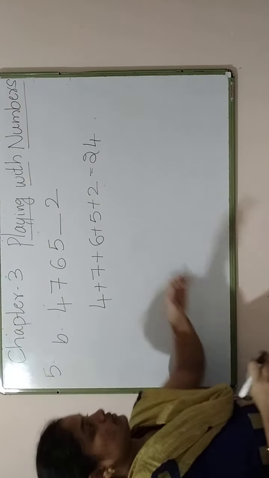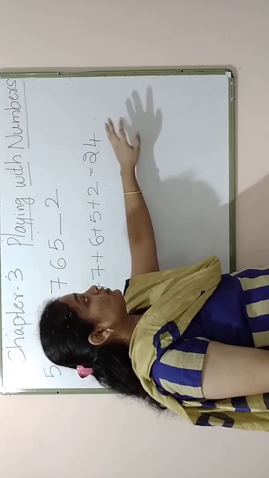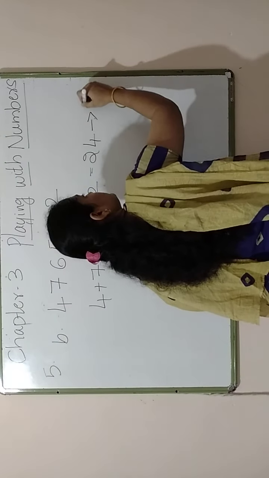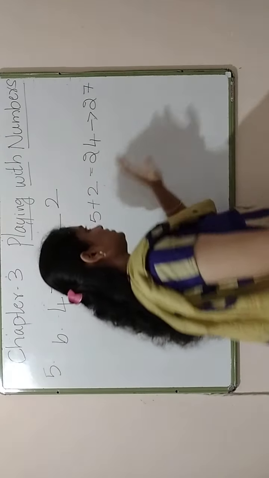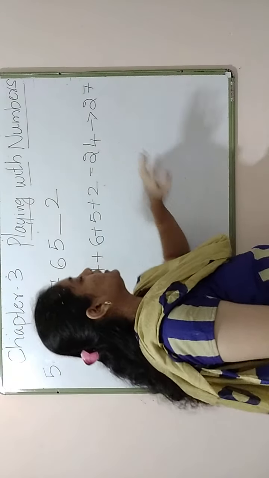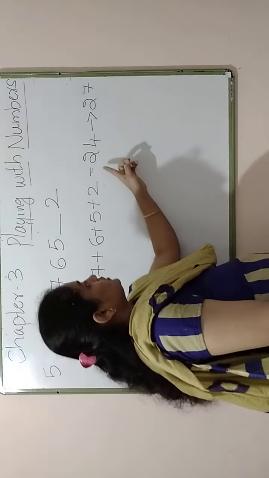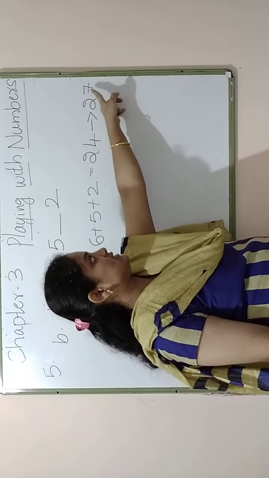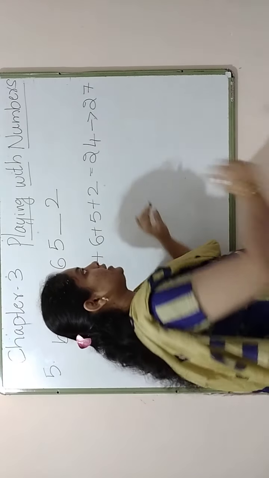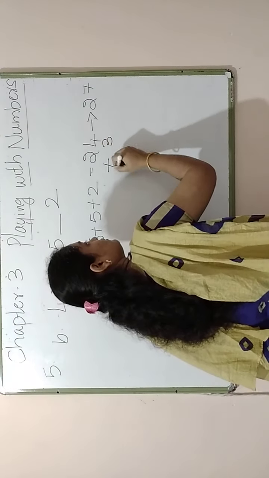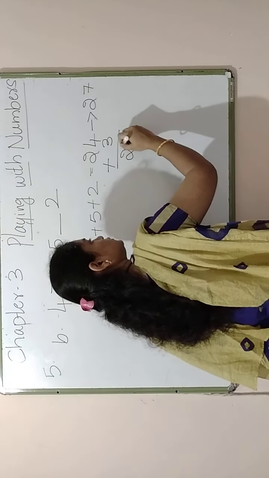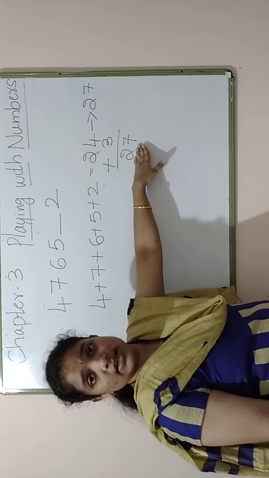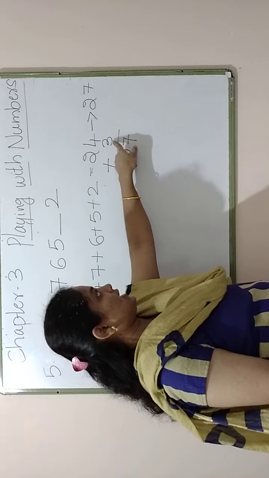So which is the number which is the multiple of 3 near to 24? It is 27. So this is 27. 27 is a multiple of 3 and which is nearer to 24. Okay. So in order to get 27, we have to add plus 3 to 24. When I add plus 3 to 24, this will become 27. When it is becoming 27, it is easily divisible by the number 3. So 3 is the smallest number.